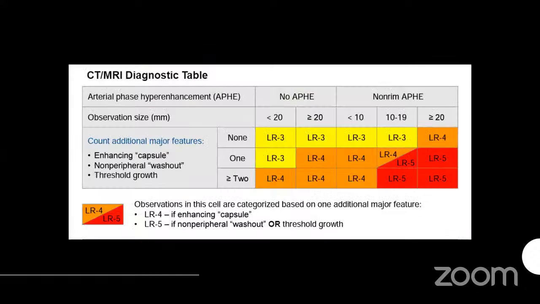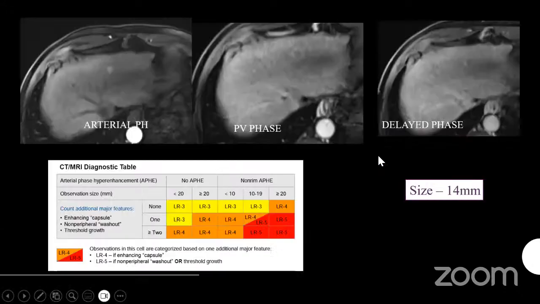LIRADS talks about how we characterize a liver lesion in a background of liver cirrhosis, for somebody who is more than 18 years of age, when there is a high risk of having HCC. That is, a chronic liver parenchymal disease background and/or cirrhosis should be there, or the patient should be an HBV or HCV hepatitis proven case. Then we apply this LIRADS. Based on the size of the lesion and whether it is showing arterial phase enhancement or not, we have these categories assigned. So when we see this with our case and the table in hand,